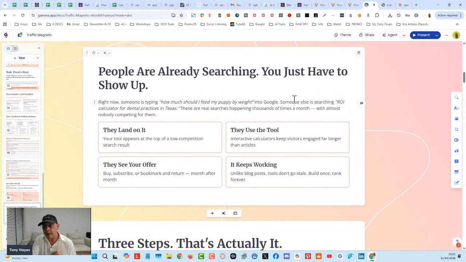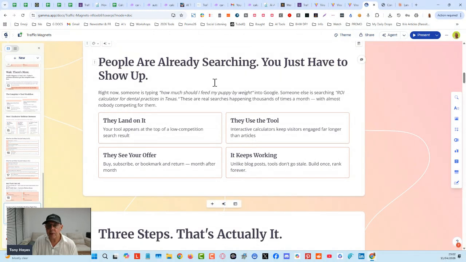Traffic Magnets does that for the calculator tool pages. It optimizes it, makes sure the keywords that have been identified are put into the actual content on the page. Okay, it's going to highlight those keywords in green, let you know that they are there. If they're not there, you can edit any section and make sure that you put those keywords in.